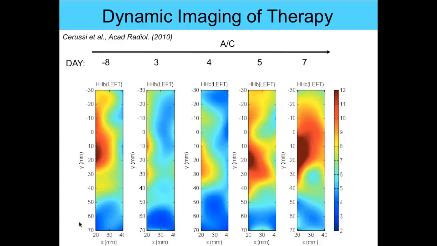But in fact, the mass is still there. This is a metabolic, functional response. There's less oxygen consumption. Deoxyhemoglobin has gone down. But here, 1 week later, it's way up again. We want to know from these the dynamics of this: is that patient going to be responsive? And in fact, if we make a decision on day 3, we might predict that that will be a responder. But if we make a decision on day 7, we would say, well, the patient's not going to